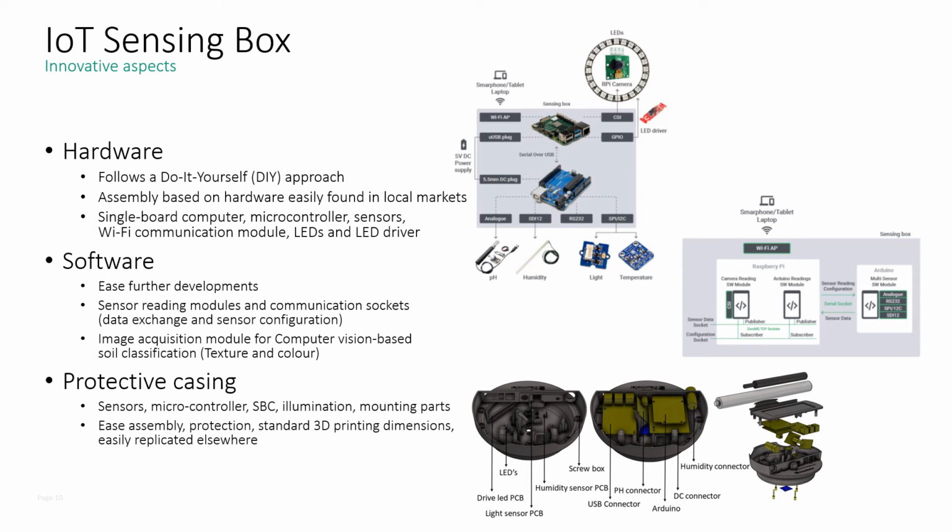Regarding the software, it was developed to allow further developments. It comprises sensor reading modules and communication sockets to allow data exchange and sensor configuration. And it controls the image acquisition of the computer vision-based soil classification that is used to detect texture and color. The protective case will house all the sensors, the microcontrollers, single board computers, illumination, and mounting parts